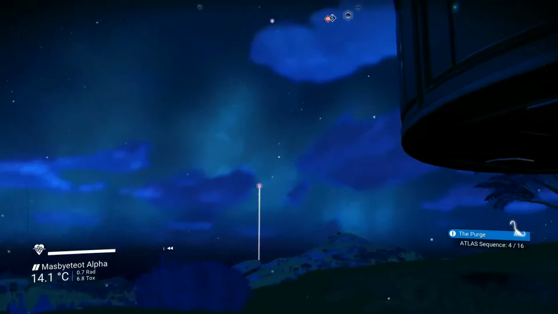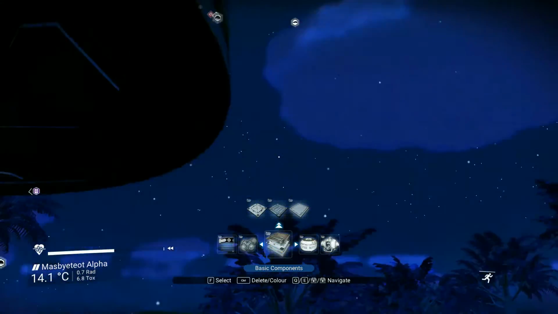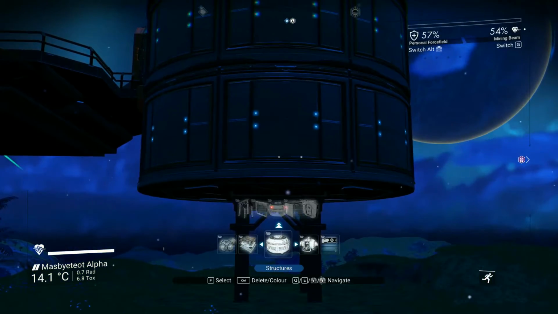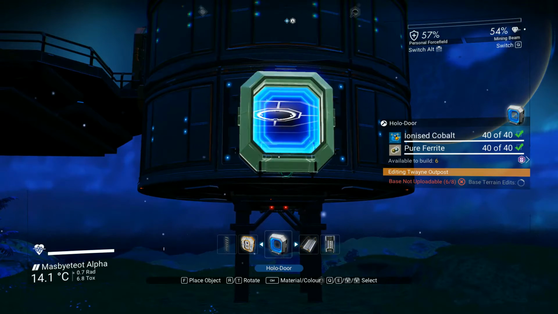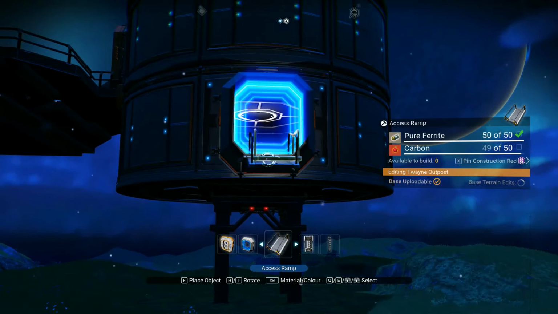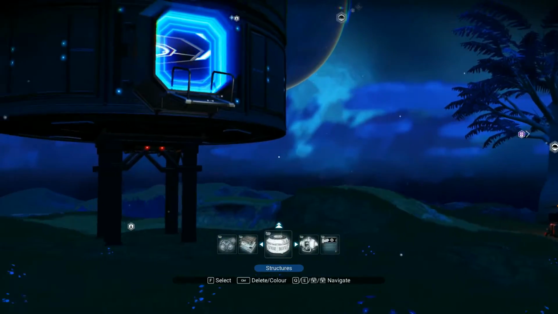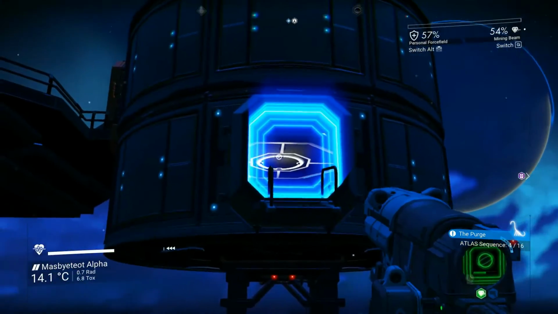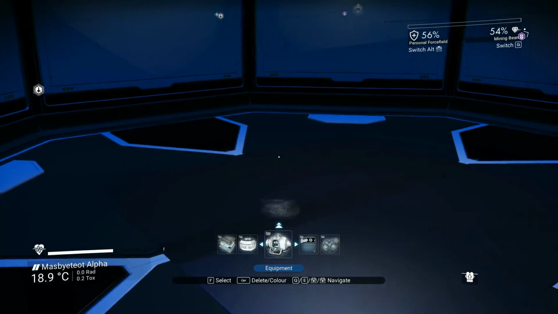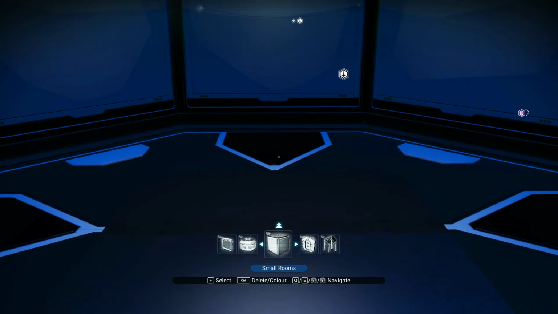And it looks like we lost some ion batteries. That's okay. The ground entrance to the base is going to be on the least entertaining side, sort of over here. Like this, and then we're going to do the access ramp. Not enough carbon, you say? Well, that's okay. Here's what we're going to do is we're going to jump in here. And from in here, we're going to give ourselves